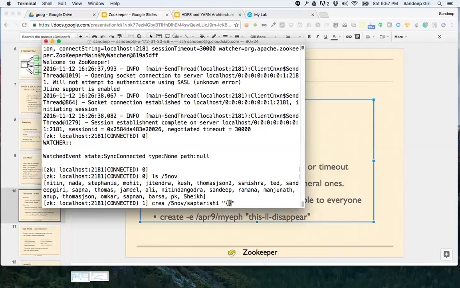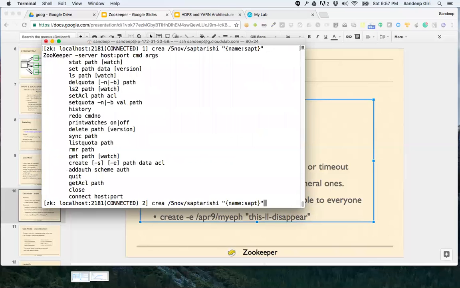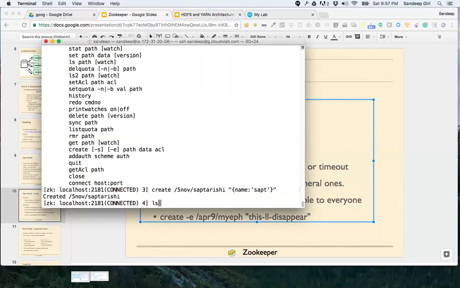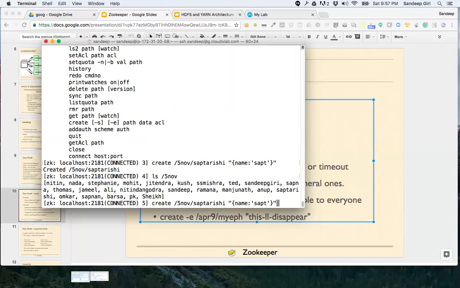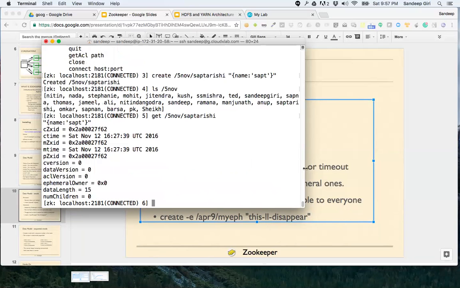It could be something like name Saptrishi. That's pretty much it. So all we wanted to do was create a node.